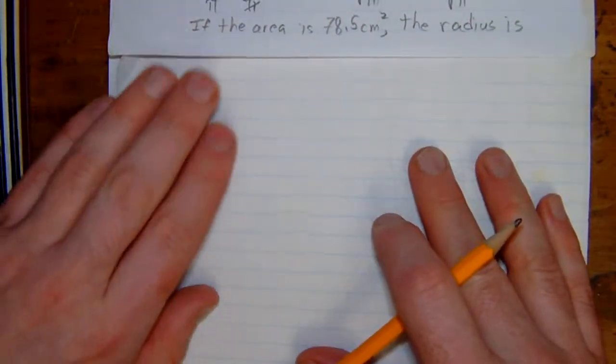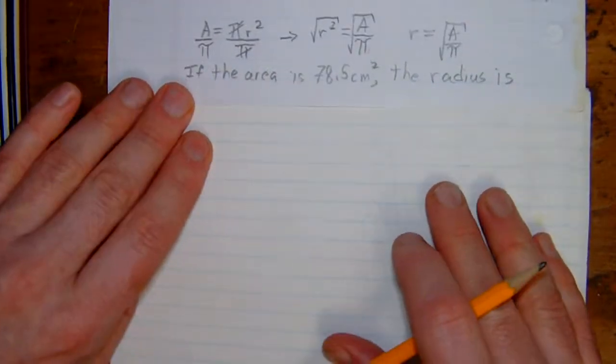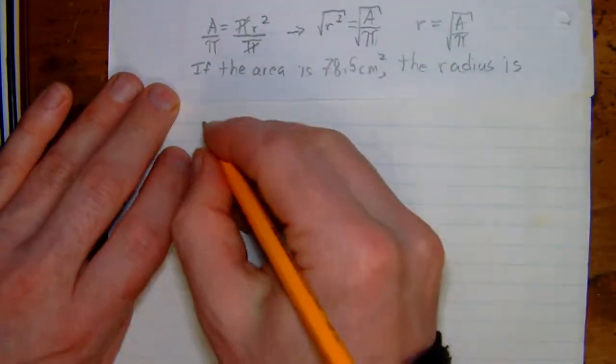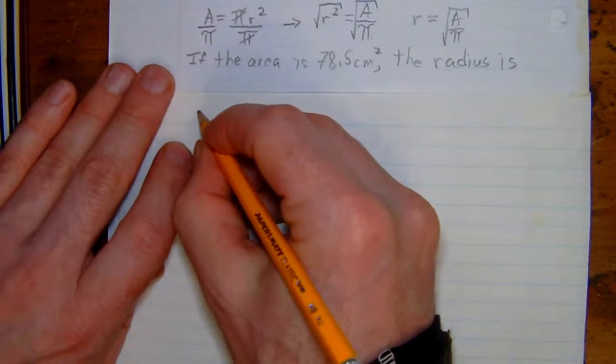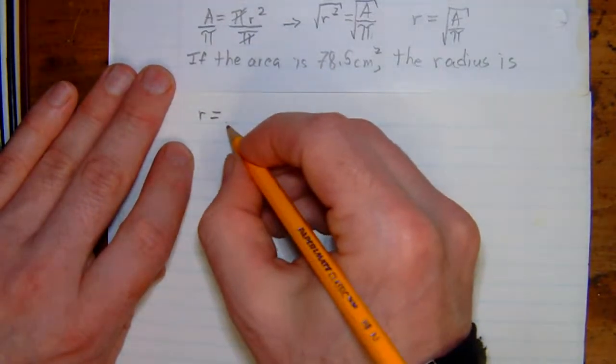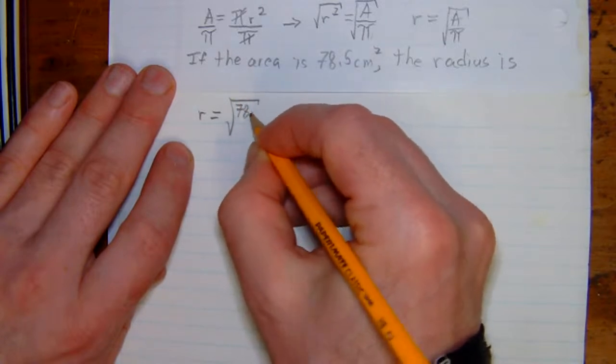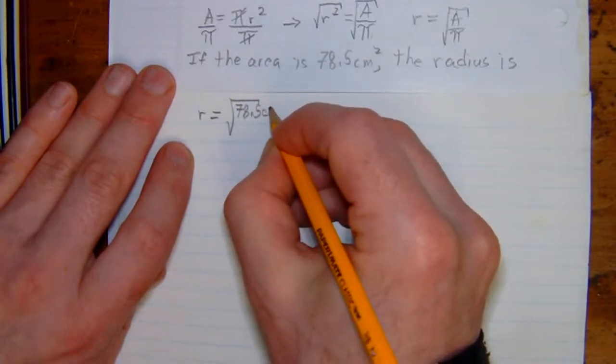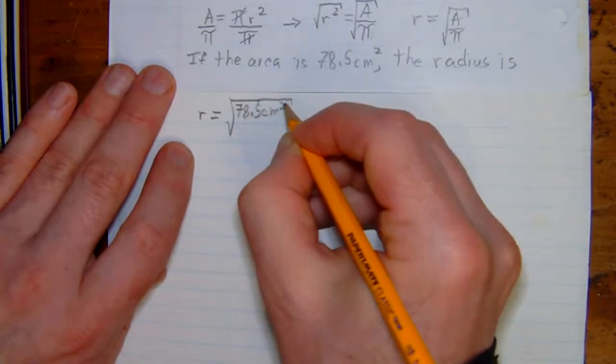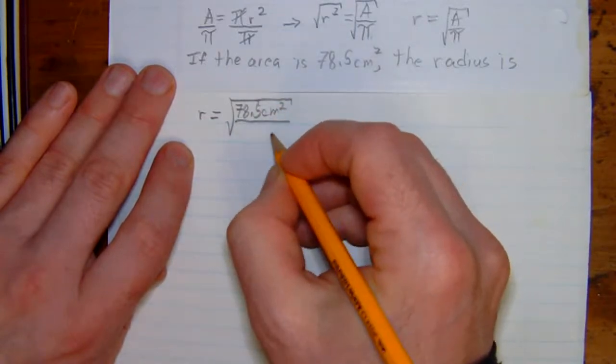So our area is 78.5 centimeters squared. We want to find out the radius. Well, we can just use our formula. R equals square root of A, well, that's the area, 78.5 centimeters squared, divided by pi,